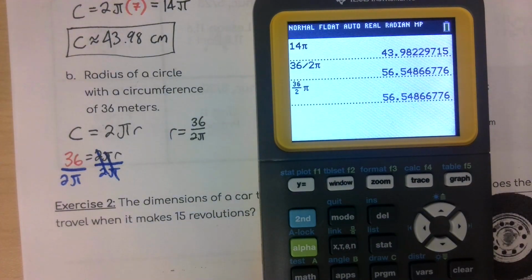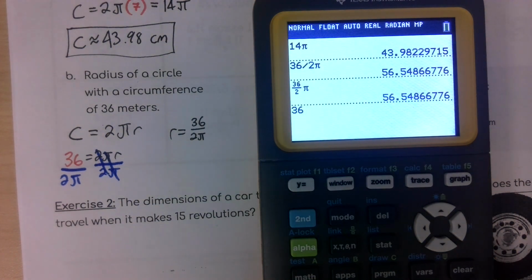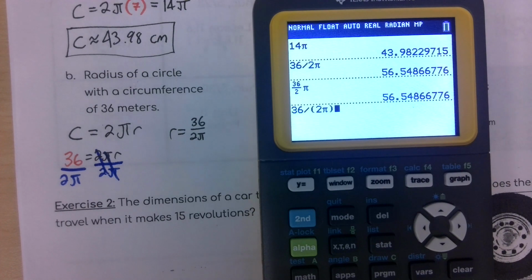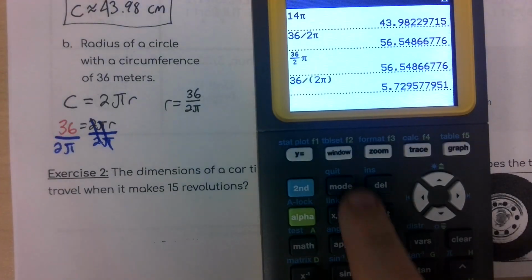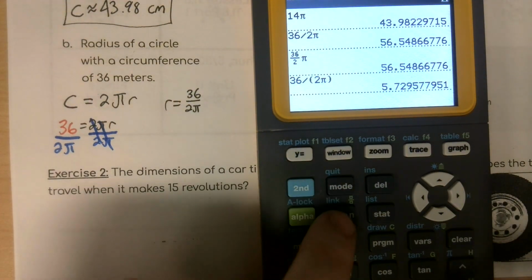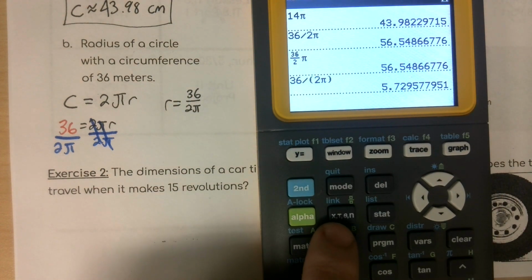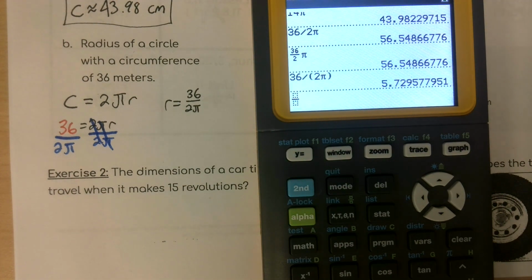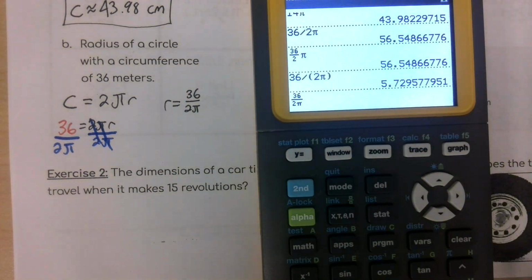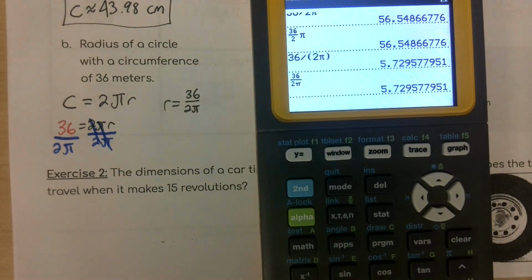We don't want that. To guarantee that we get the right answer, we can either type it as 36 divided by parentheses 2 pi. That's one way to fix it. Or we can type it in as a fraction using the green fraction squares up here. Press the green alpha button and then the x, t, theta, n button, and it'll make a fraction for you to input your expression. 36 over 2 pi is